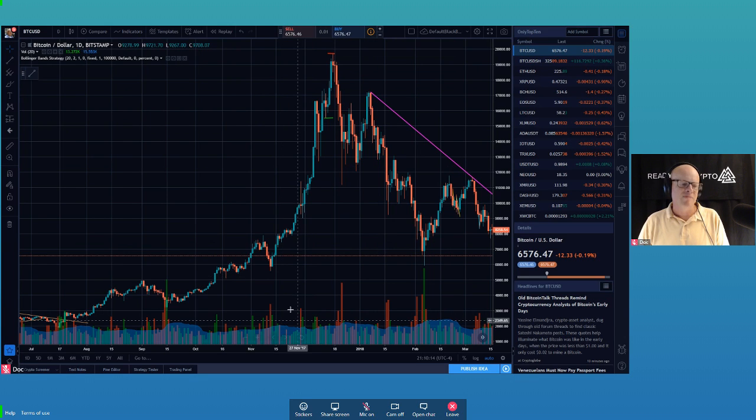Okay, so volume. Let's get back to volume here. You can have rallies happen on very low volume, and you'll hear people say that, oh, when you have a rally on low volume, look, I've seen markets rally on low volume for the last 10 years, and it didn't seem to matter. Reversals happen on big volume, though. Remember that. Reversals happen on big volume. Look at the reversals that happen here.